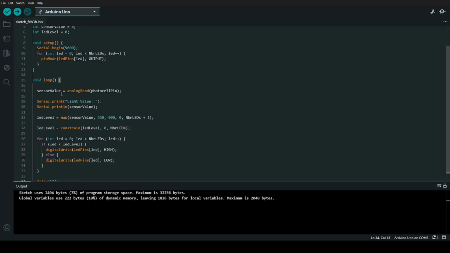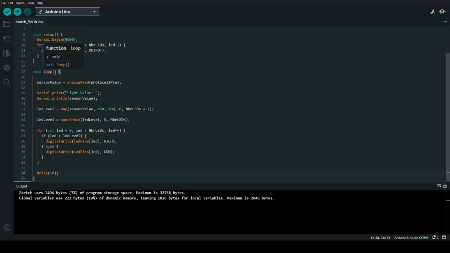So let's go to the main loop, the void loop. This is the process. We have the sensor value, and it equals analogRead(PHOTOCELL_PIN). This means the Arduino measures the voltage at analog 0.